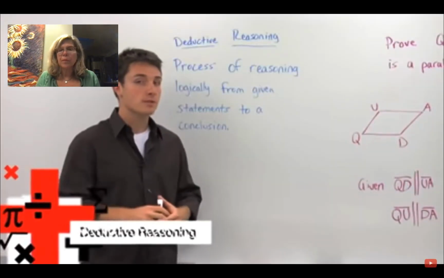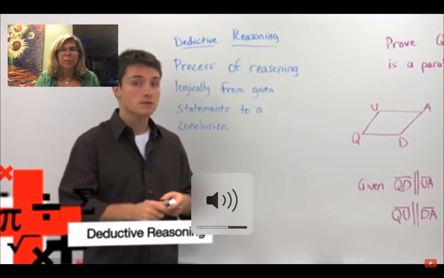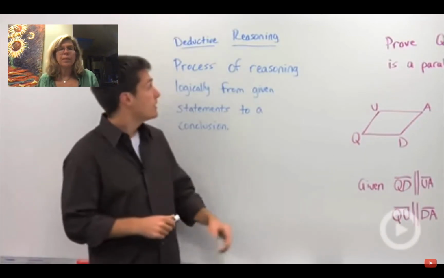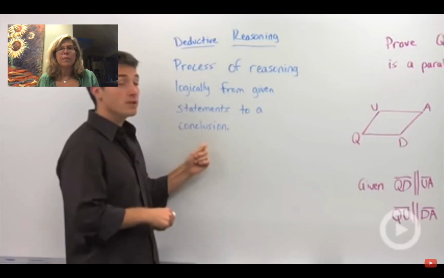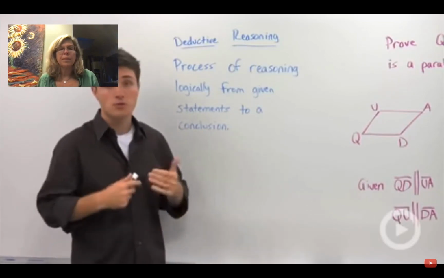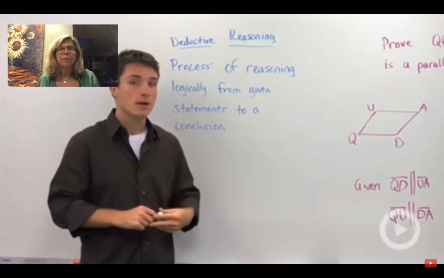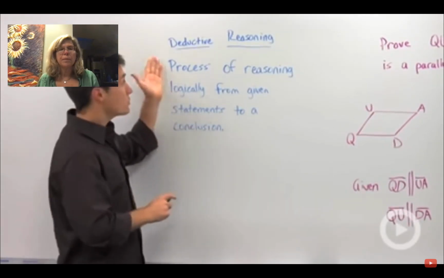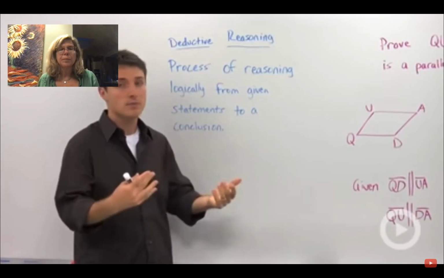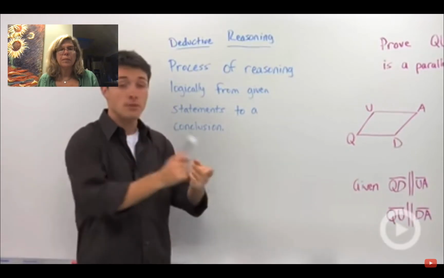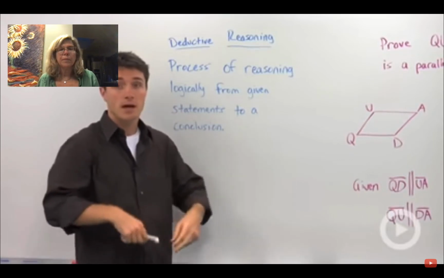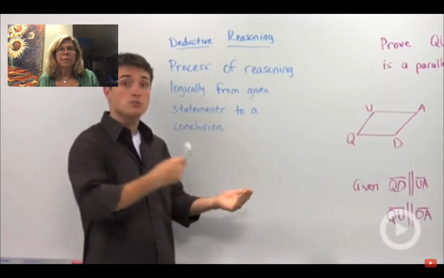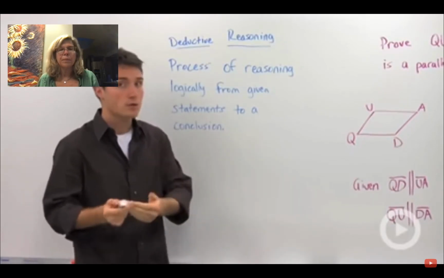There are 2 types of reasoning that we use in geometry: inductive reasoning and deductive reasoning. And often we like to compare the two. Deductive reasoning is the process of reasoning logically from given statements to a conclusion. So let's say you wanted to have a later curfew. To justify it to your parents, you're going to have to use deductive reasoning and say something along the lines of, I'm a responsible person, I get good grades, I've been able to honor every other curfew. So basically you need to back yourself up to make your statement that you think that you need a later